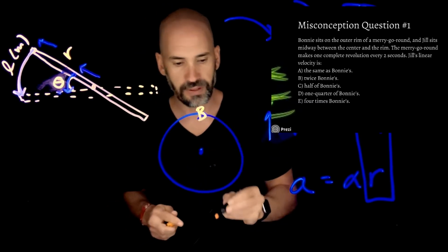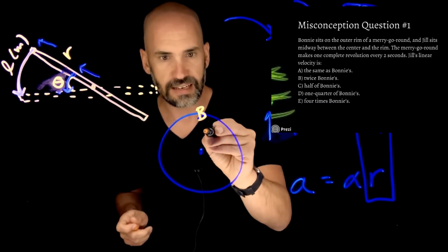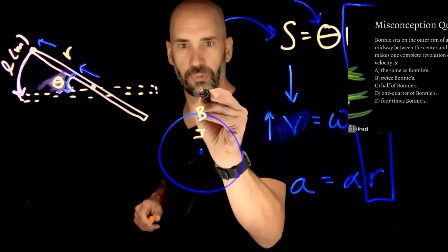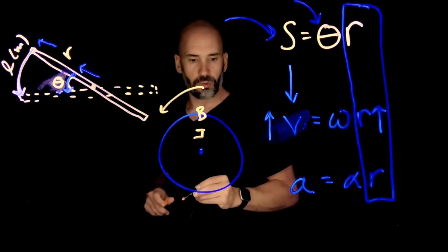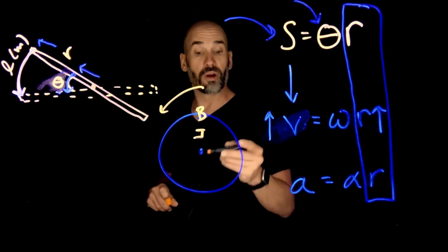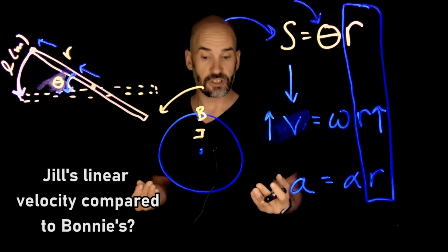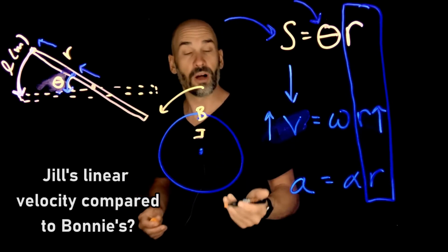This is B over here. And we have Jill sitting halfway in between. Okay, and they're all rotating this way. So the merry-go-round makes one complete revolution every 2 seconds. Jill's linear velocity should be what compared to Bonnie's? Well,